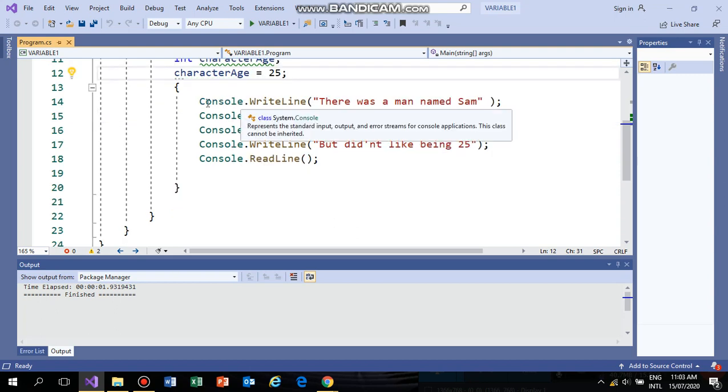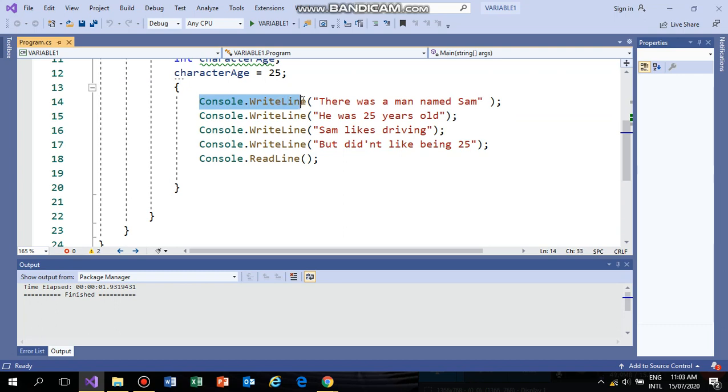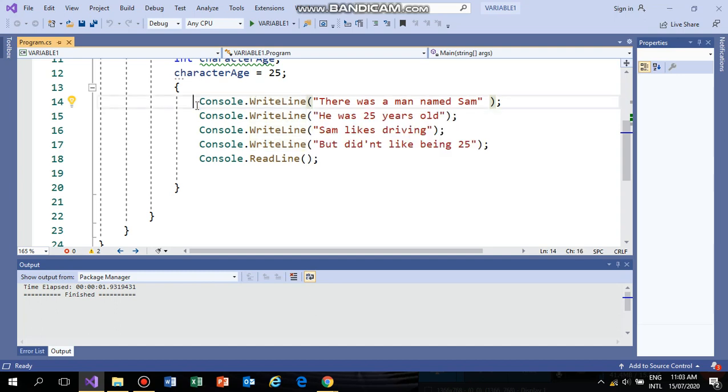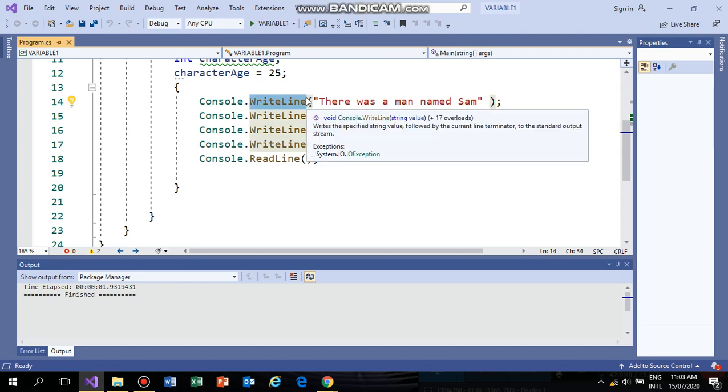And what is the function of Console.WriteLine here? The console writes the specified string value followed by the current line terminator to the standard output stream. So what does Console mean? This represents the standard input, output and error streams of console applications. It cannot be inherited, so we use the WriteLine method.